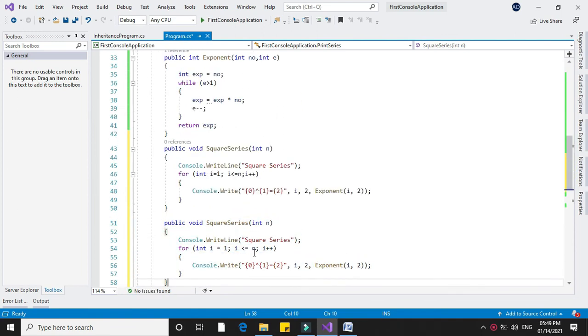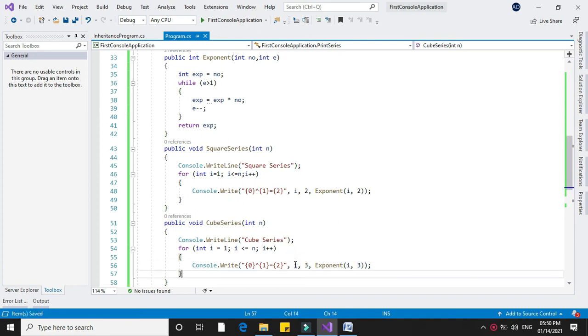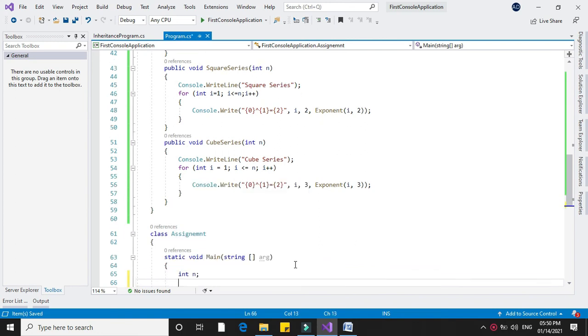Now we will write a method for cube series. Here I will write cube series, and here I will pass the parameter 3 for finding the cube. And in the main method we will declare a variable which will accept the integer from the user.